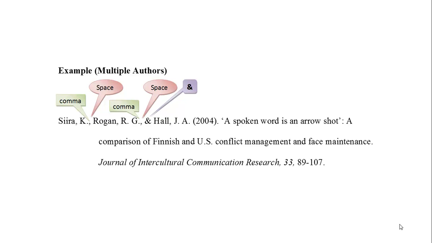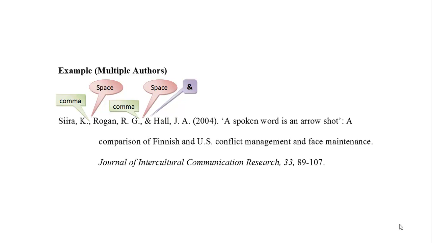Here's an example of multiple authors, very similar to the single authored piece, but you can kind of go through and see. Sierra K., Rogan R.G., and Hall J.A. These are three authors. Sierra is the first author. And you see the comma comes after the first full name and the initial of Sierra. Then a space, Rogan, their initials, the comma, and then the ampersand comes before the final author, Hall, J.A., and